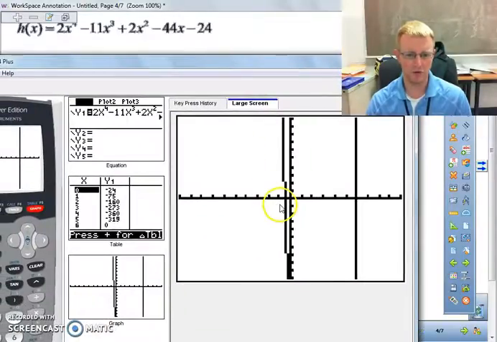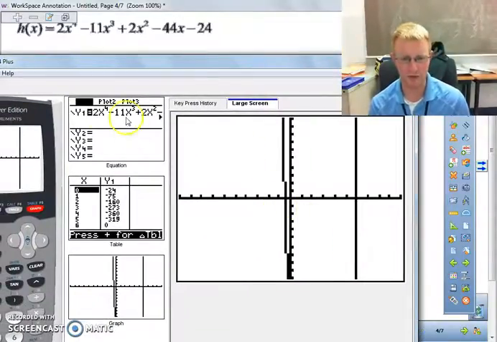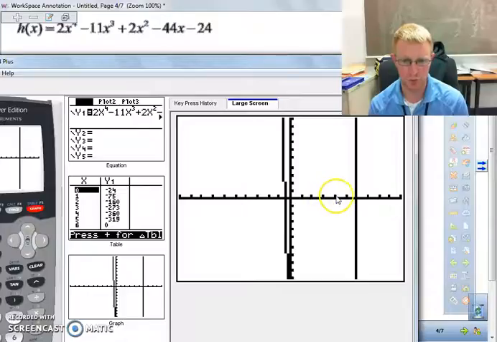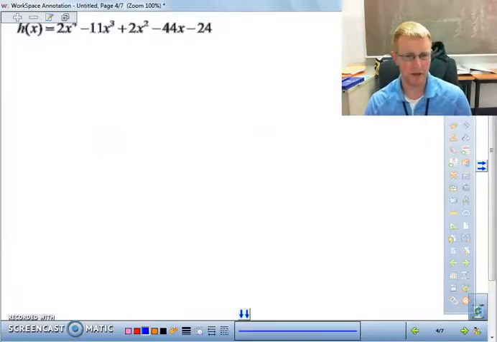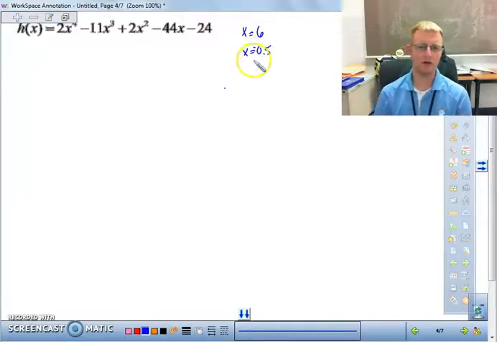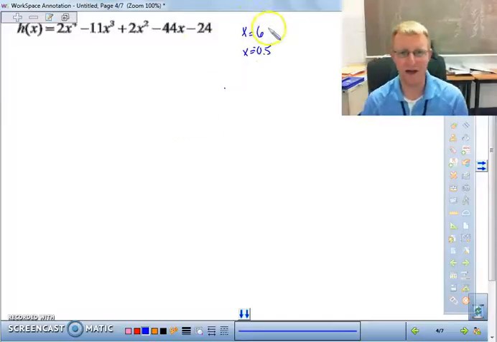So when you look at this graph, what I'm doing is I'm going to approximate what I think my zeros are. So I see that definitely I have 1, 2, 3, 4, 5, 6. So one of my zeros is definitely 6, and it looks like my other zero might be negative 0.5. So what that means is that if I know that my zeros are going to be x equals 6 and x equals negative 0.5, what I can do is synthetically divide using each one